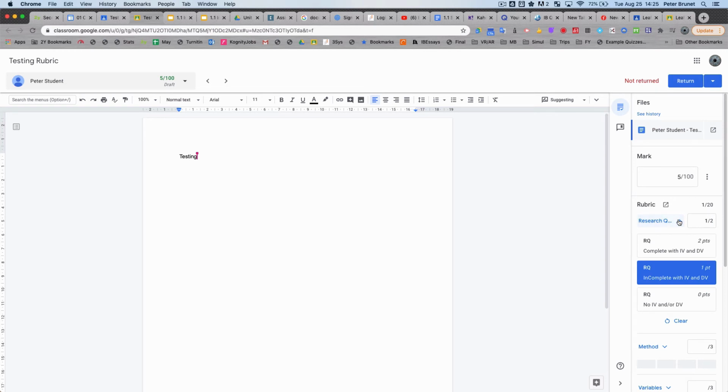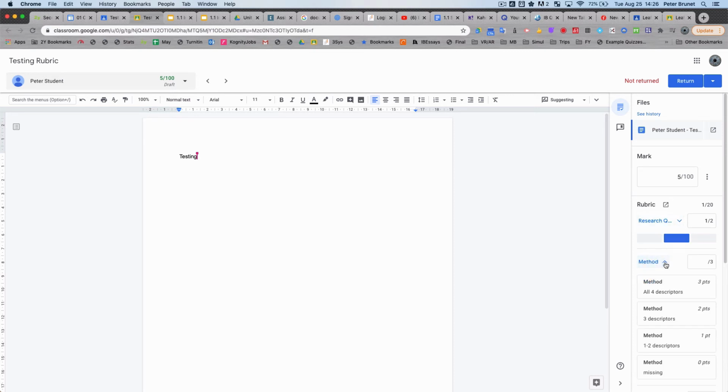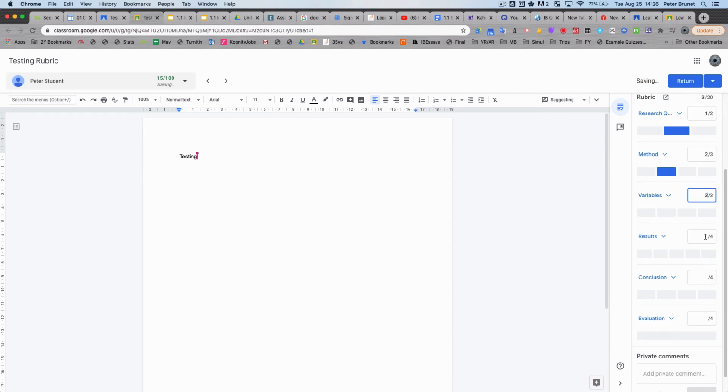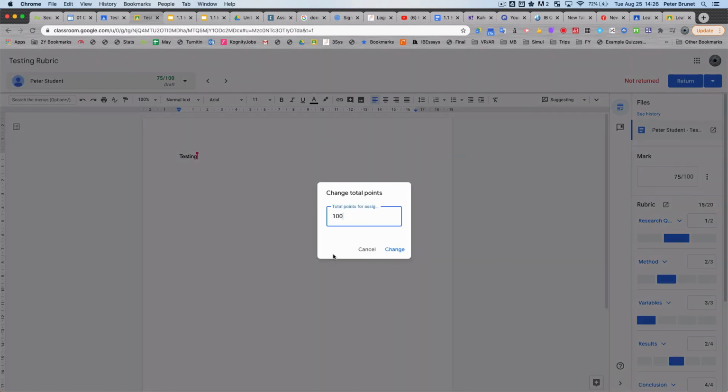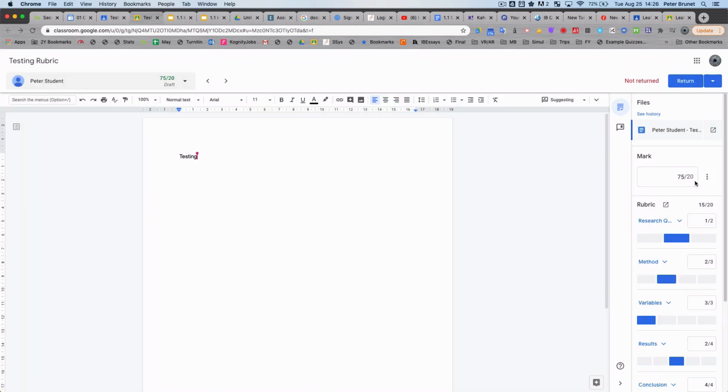Now if you can't remember what your drop downs are, how it's graded or granulated, I guess I should say, then you can just click on these to see what each point was, the descriptors that were required. So if I just go ahead and work on this, you got 3, 2, 3, or 4, and then 3. Now you'll notice up here it's automatically calculating 15 out of 20. This assignment is out of 100, but I can click here and change the total points. I'll change this to 20, and then it'll automatically update